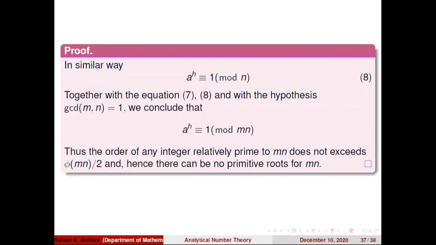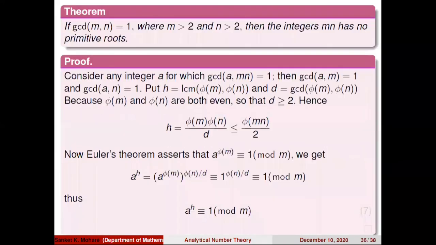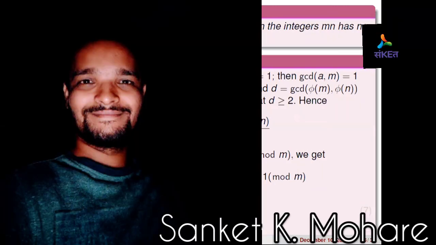Okay, so these are the two theorems. These two theorems help to find primitive roots for composite numbers. How do they help? They help only to discard which composite number has no primitive root. Suppose you are given some list of composite numbers and I say find the primitive roots of the possible composite numbers. These two theorems will help you to discard the composite numbers among that list. So this is the application of this theorem.